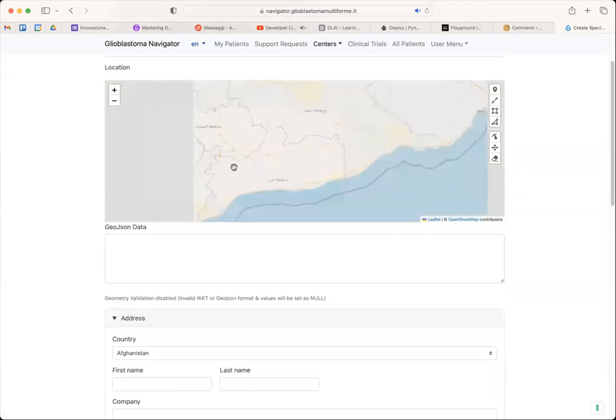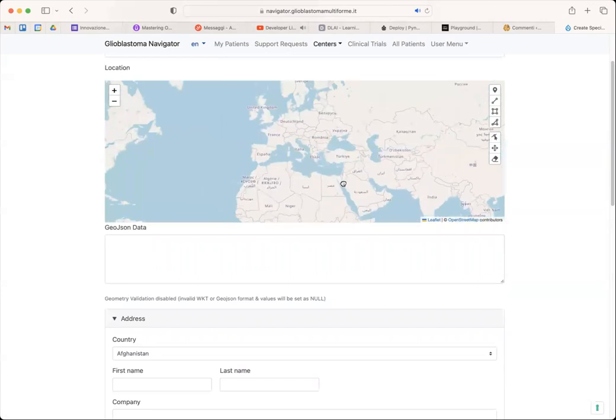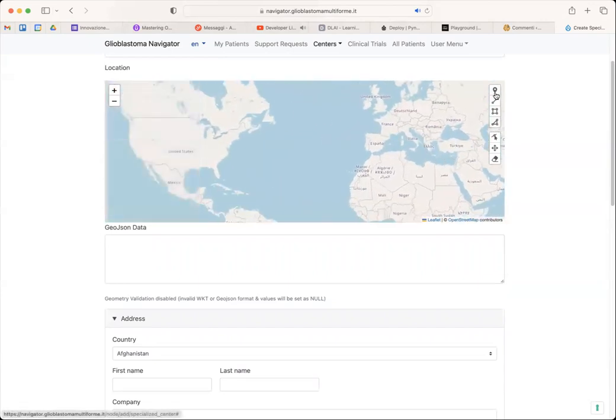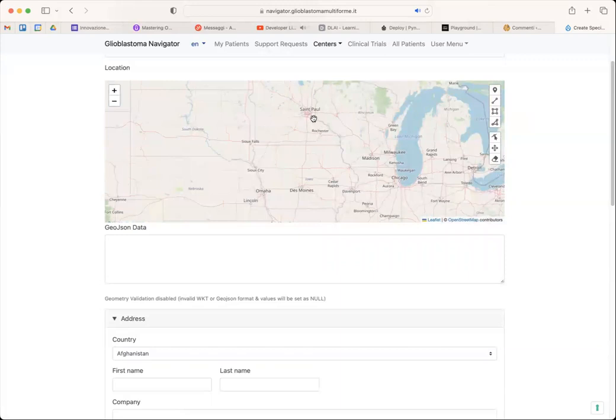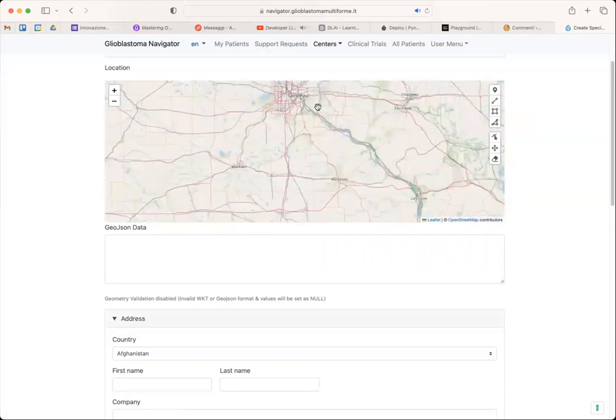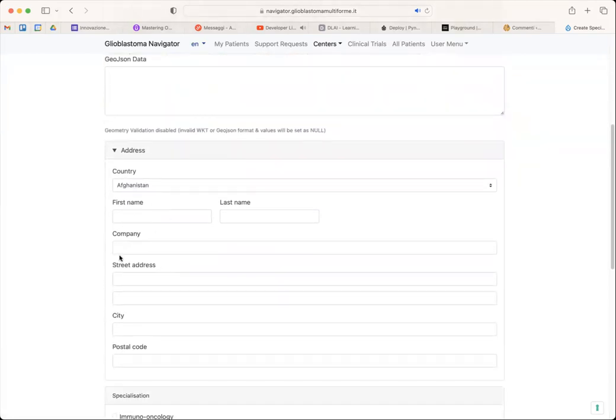You can zoom out and select the specific location, which can be anywhere. Just click here, where you have the possibility to draw a marker, and then you go, for example, to the United States, St. Paul, and you have the possibility to add the marker. Click in the place to add the marker. And then, of course, you can also add the address,